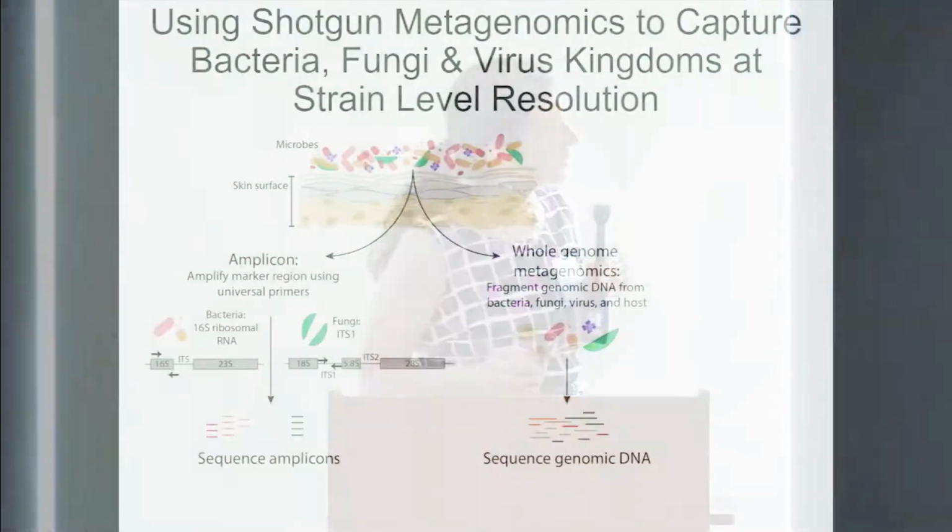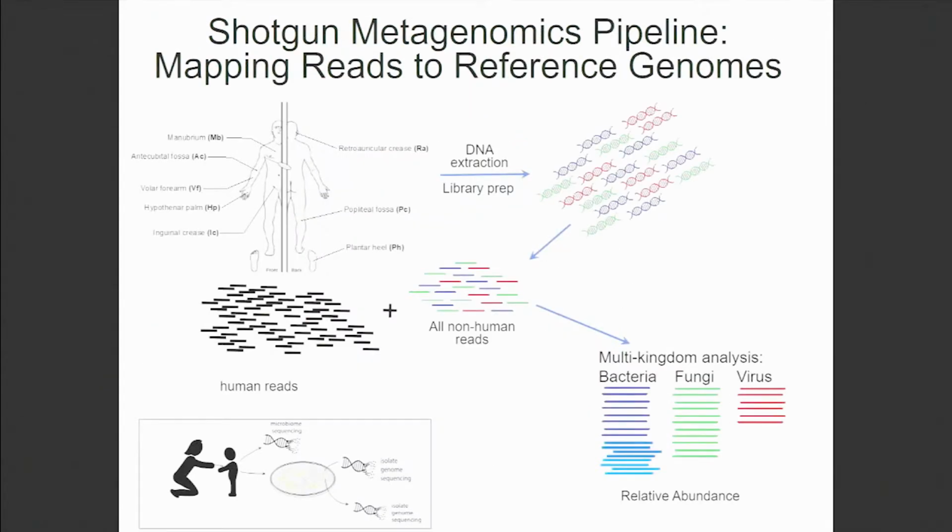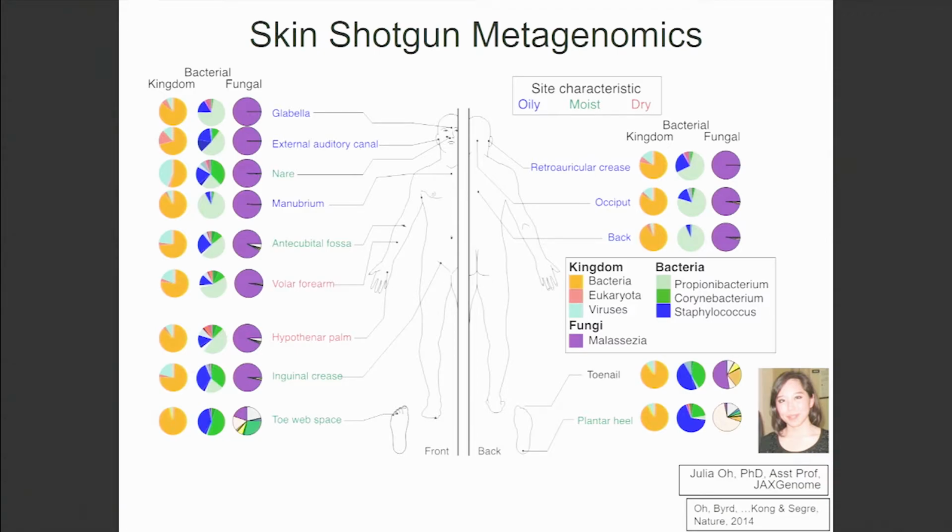So coming back to the skin microbiome, I wanted to give one story, and I'm going to have to move probably more quickly. This is about shotgun. We've talked about amplicon sequencing, which gives you a good idea of who's there, but really to move into shotgun metagenomic sequencing, where we're doing read assignment and we get the same kind of map, but